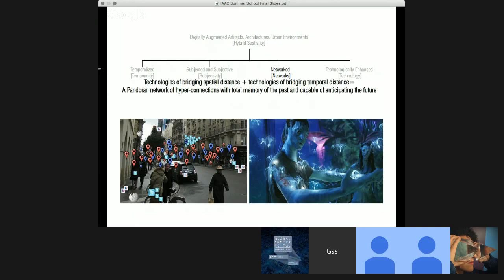And this network possesses a complete digitized memory of the past enhanced with pattern recognition algorithms that allow for anticipating the future. Hence, temporal and spatial distances are bridged between the augmented entities and their users, and this gives the vision of a world of total recall and a world of hyperconnections, otherwise known as the Internet of Everything.